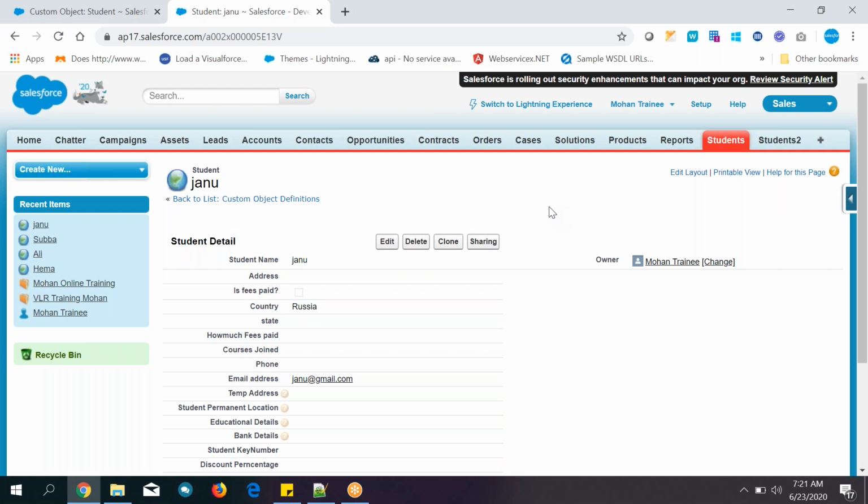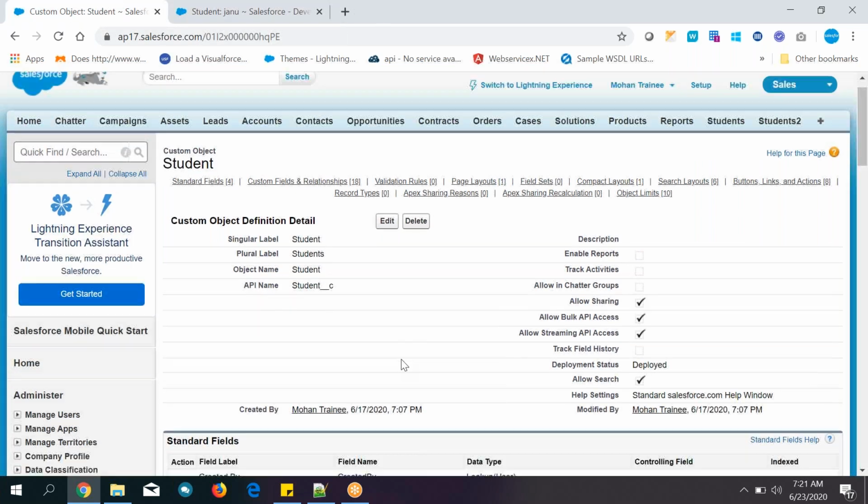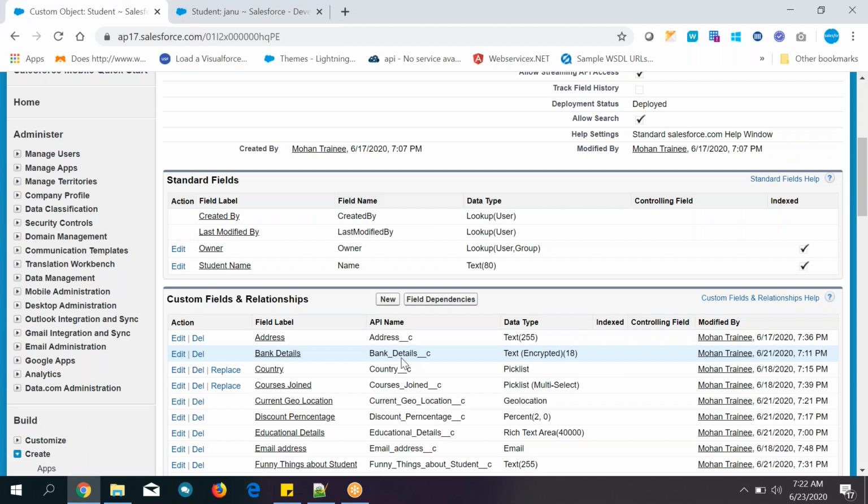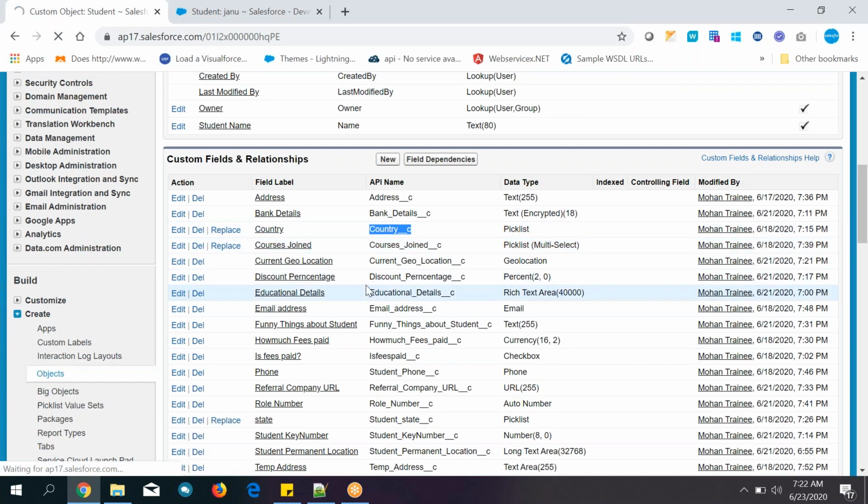Here I am giving training, so two records are there, but in real time thousands of records are there. Thousands of students attended this Vivekananda Institute, from Russia also. You cannot go manually and change them, right? So in that situation, there is an option called replace. What is this field? A pick list field. You need to go to the pick list field. So go to the object and go to that pick list field, the country pick list field.